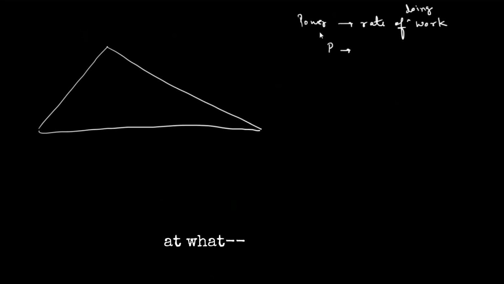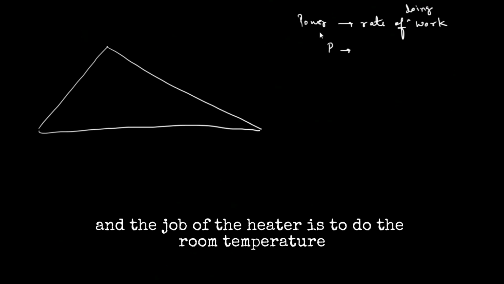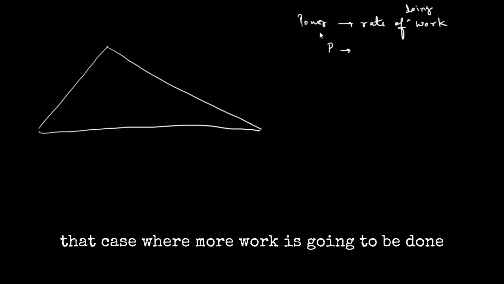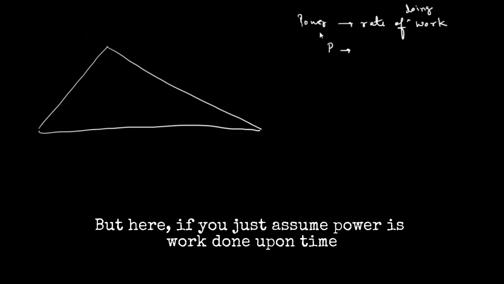In which case is it going to take more power? The job of the heater is to bring the room temperature to the given level in the same time. So the power consumption in the case where more work is going to be done will be more. But here, if you assume power is work done upon time,